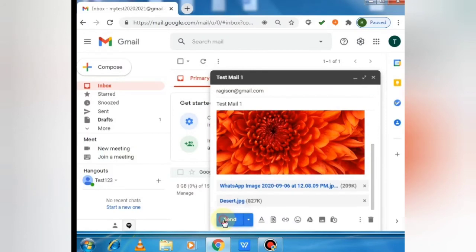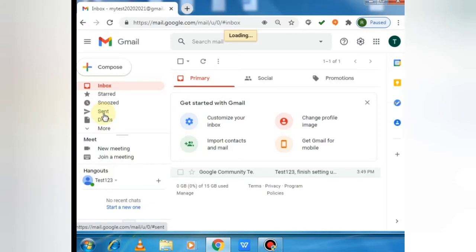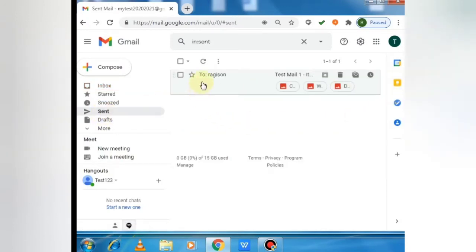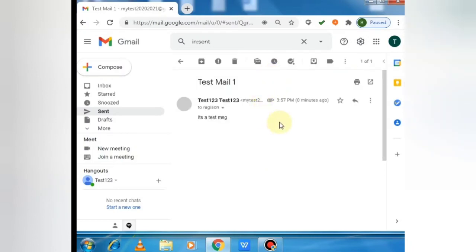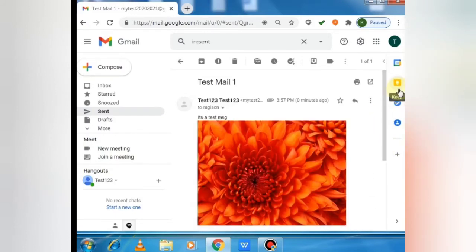Now press the send button. While pressing that send button, that message will be sent to the receiver address. We can see it by visiting the sent messages folder. There you have to go and click on this. Click there. We can see our sent message. Yeah, here it's shown. So this is the message that we have sent. Now if we click on that, we can open the message that we have sent. So this is the copy of the email that we have sent to that person.